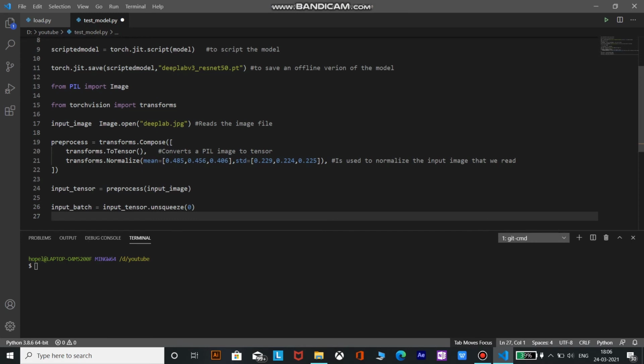So what does the unsqueeze function do? It returns a new tensor with a dimension of size 1 inserted at the specified position. The returned tensor shares the same underlying data with the input tensor.